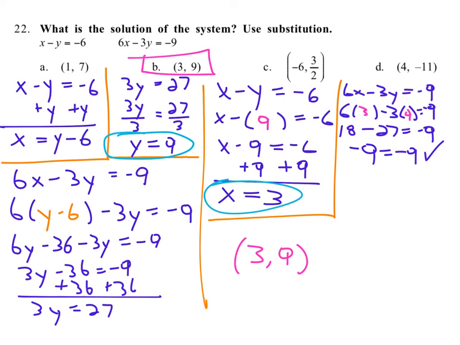So for this one, the only thing that was different from the first one, 21, is that you had to solve for one of the variables instead of already having an equation with the variable isolated. But not that big of a deal. You should, at this point, be comfortable manipulating equations, adding, subtracting, dividing things, knowing what to do. By the end of Algebra 1, this is a skill you must have. So if you find yourself still not having this skill,